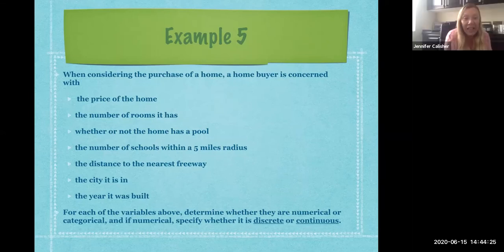Categorical. Okay, and why did you put categorical for the year it was built? Any year. I don't know. So again, this one's kind of a tricky one because it depends on how you justify it, right? If you're going to say the year it was built, you could possibly look at it as categorical, or you could also think of it as numerical because we're talking about how many years old it is, right? So what year, like 2006, 2005.